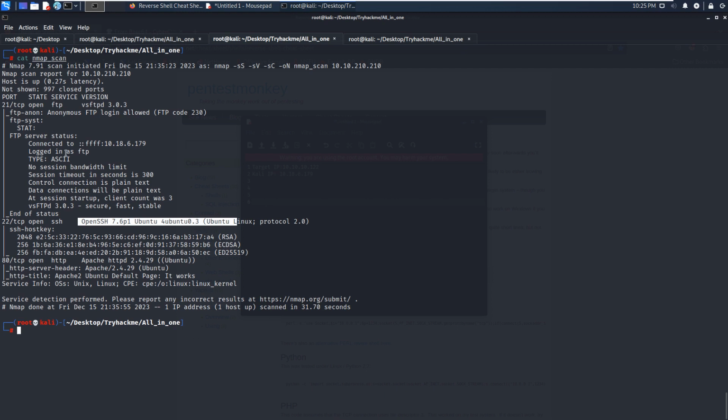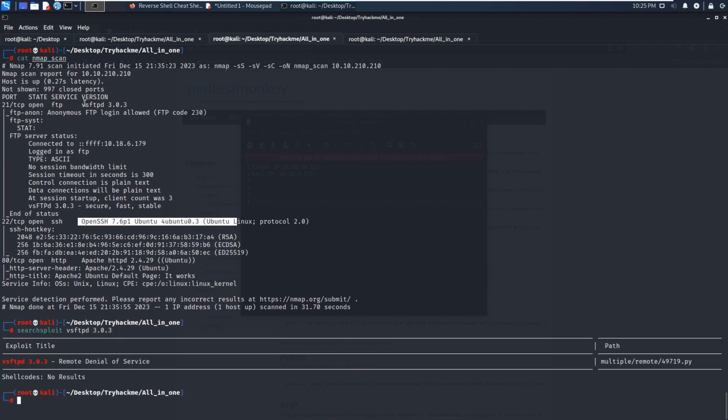In this case, it is FTP service. For example, first we can check whether this version has vulnerability or not. This version doesn't have any vulnerability except this remote DoS vulnerability, the denial of service, which isn't our interest at